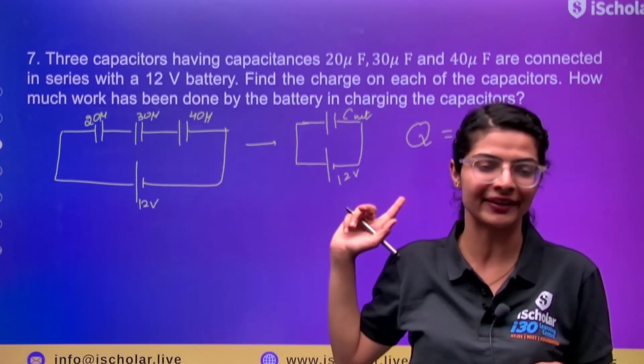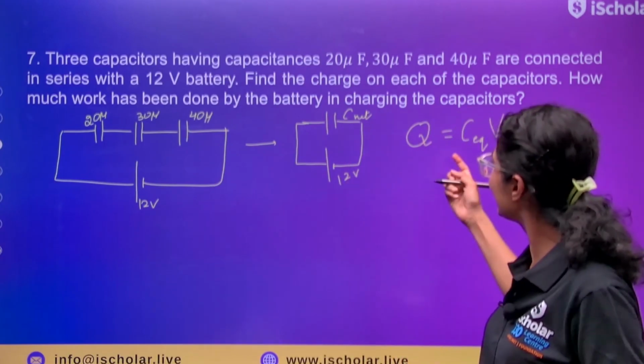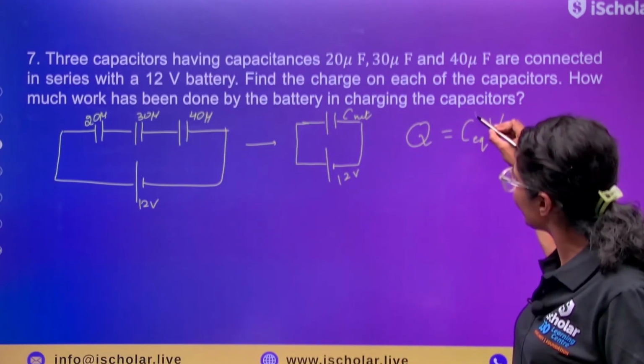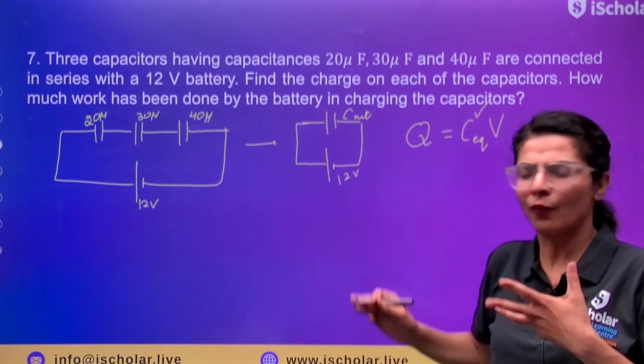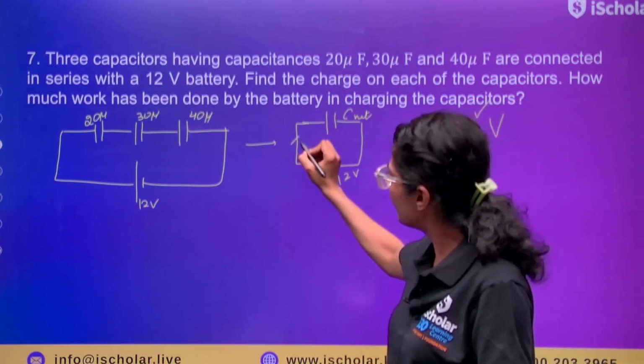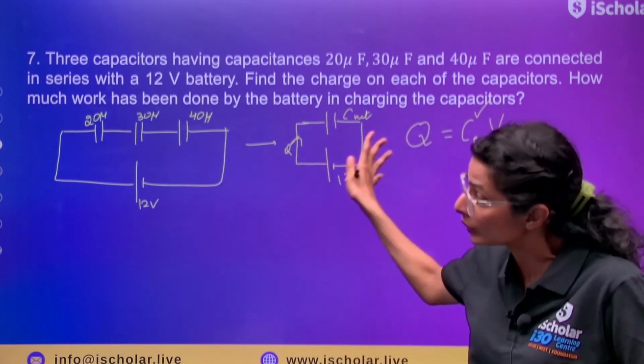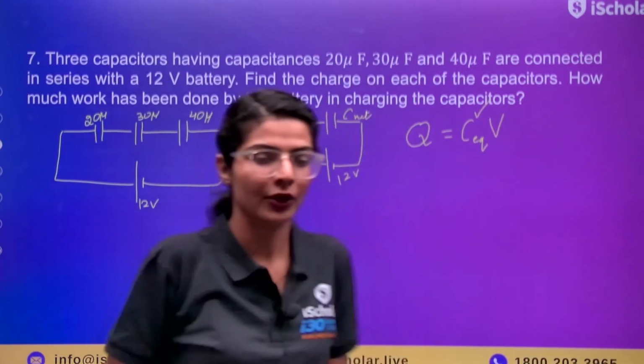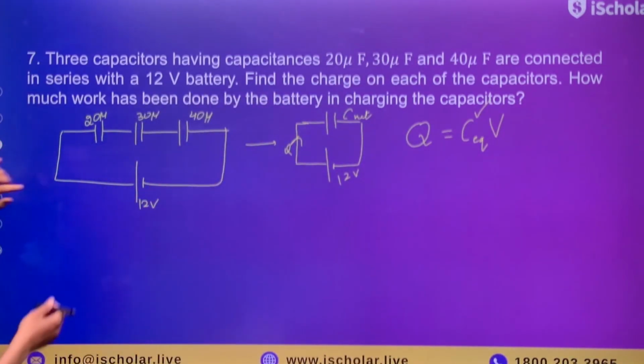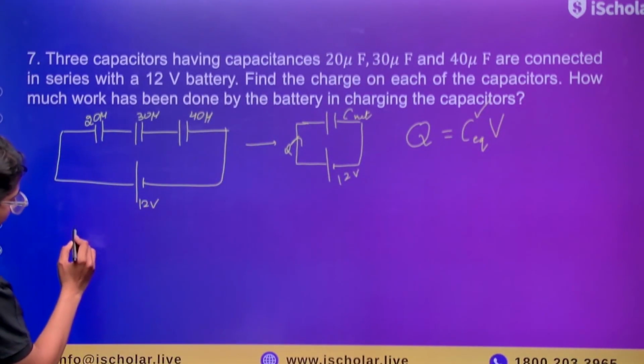So just calculate the value of C equivalent. Whatever the total charge is going to be, this is the same charge which will be flowing through each of the capacitors. So calculating the C net over here, I'm writing it as 1 by C